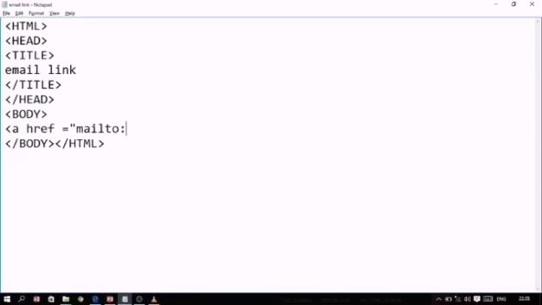Now for example, we want to send an email to a school. The school website is here and we want to give the email address of the school. So St. Fidelis Aligarh @gmail.com. Okay, send email, end of a tag. So: href, mailto without a space, then a colon sign, then the email address, and then the link text, send mail.